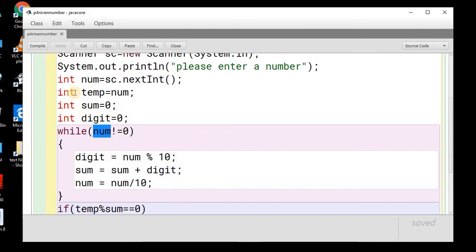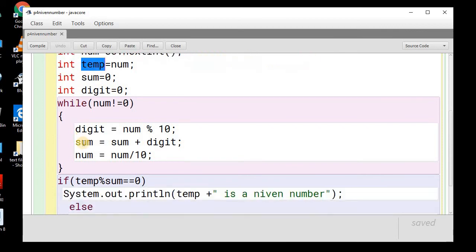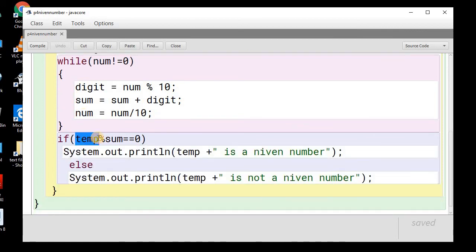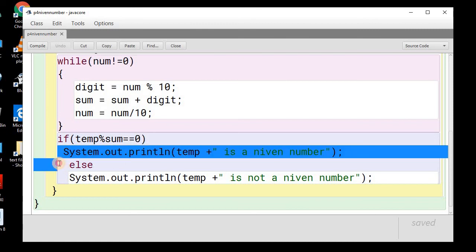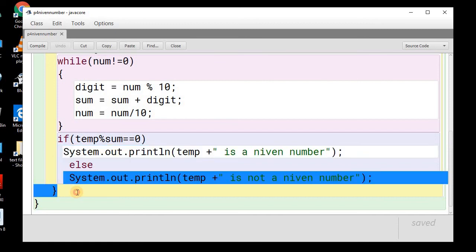We had already stored the value of num in temp previously. So we'll use temp and perform a mod operation with the sum. If the sum divides the number, then the remainder will be equal to 0, and accordingly we'll print that this is a Niven number. Otherwise we'll simply print that it is not a Niven number.